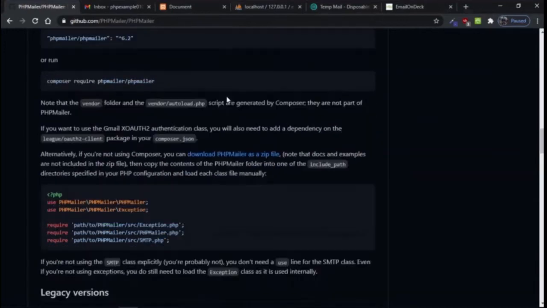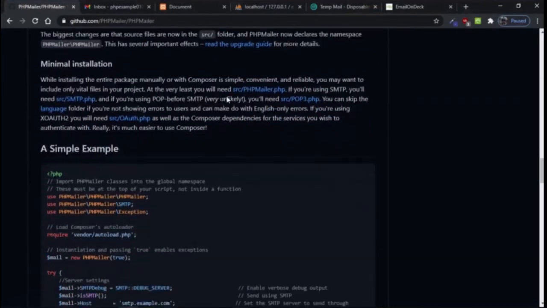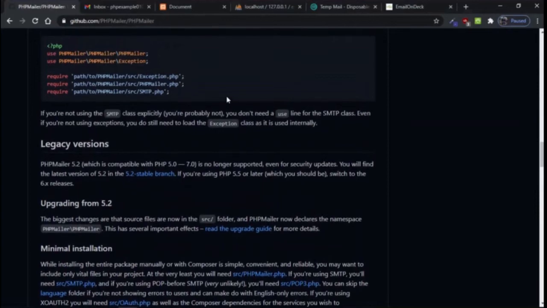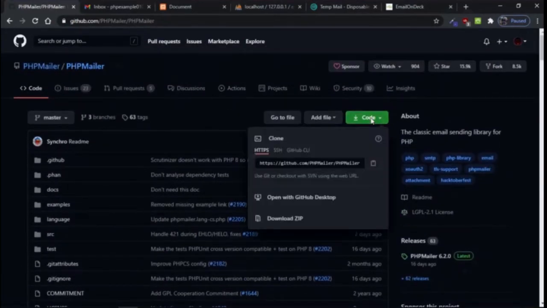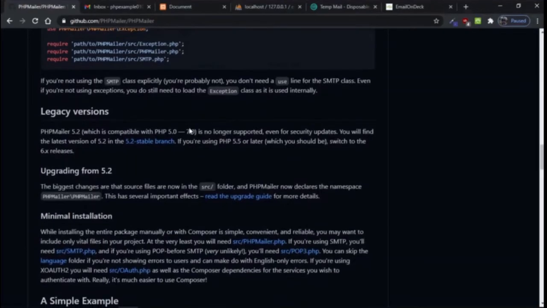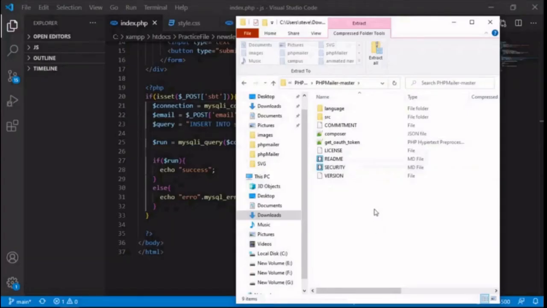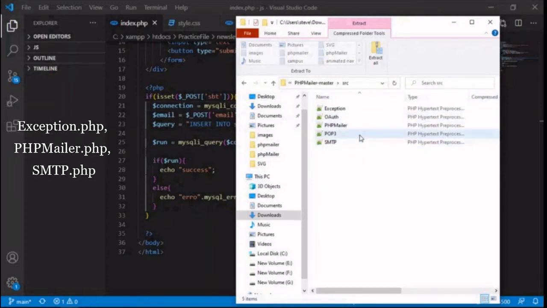So visit the PHPMailer GitHub page. Here, just download the code, the zip file. Extract the folder and go to the src folder, where we need only Exception, PHPMailer, and SMTP.